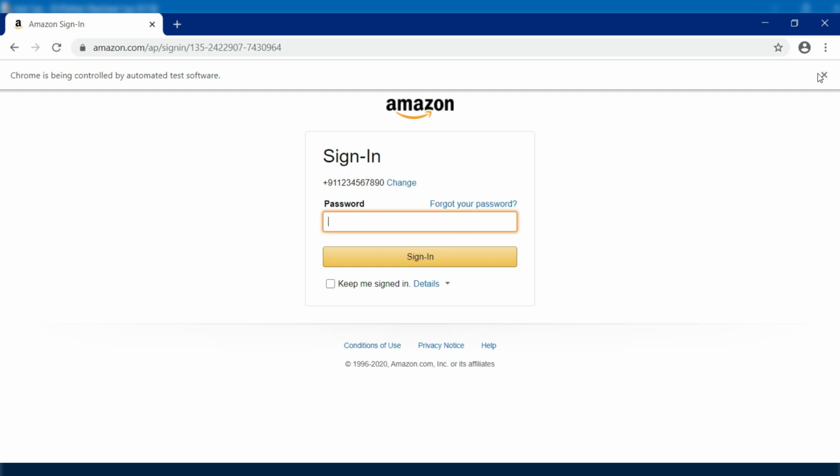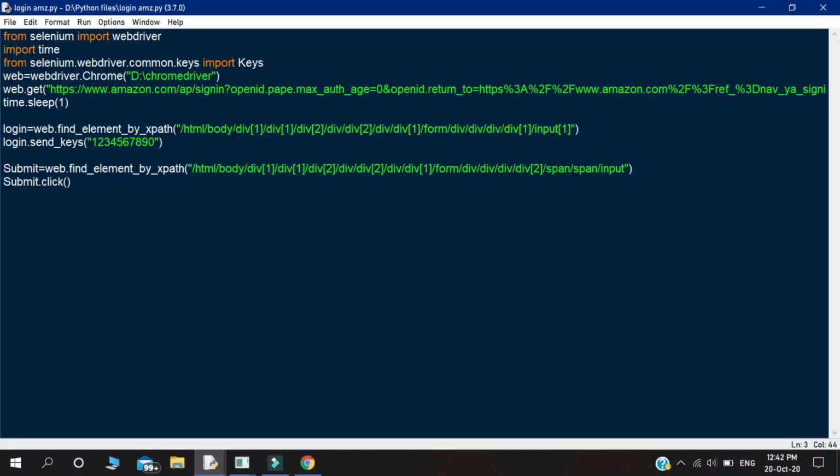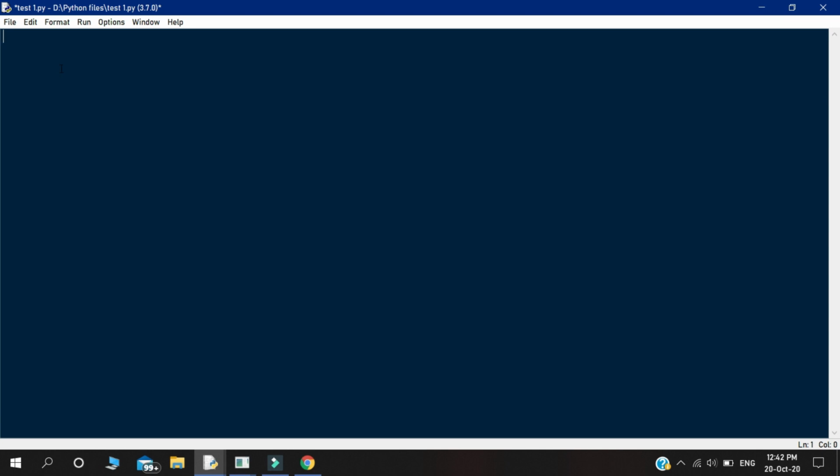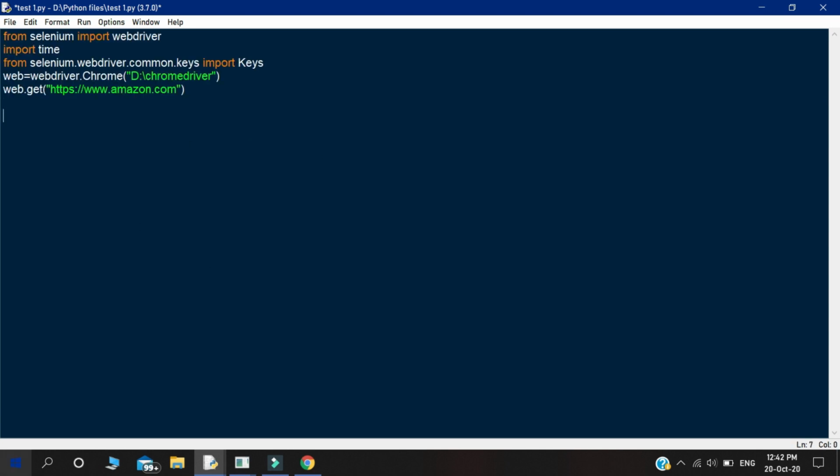Next we need to focus on the automatic product search using this same code. Just copy some of the code from here. We are going to declare a variable called search box. Inside this variable you need to write web.find_element by ID.